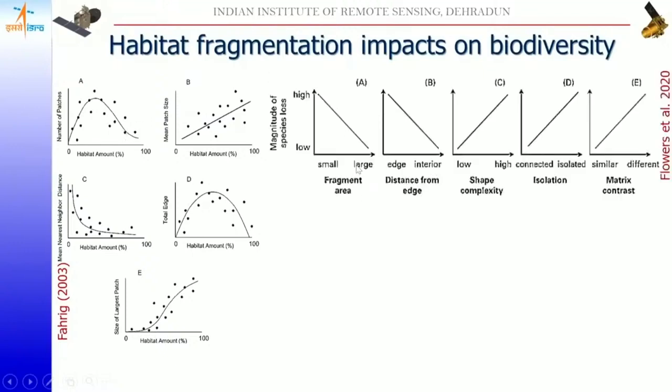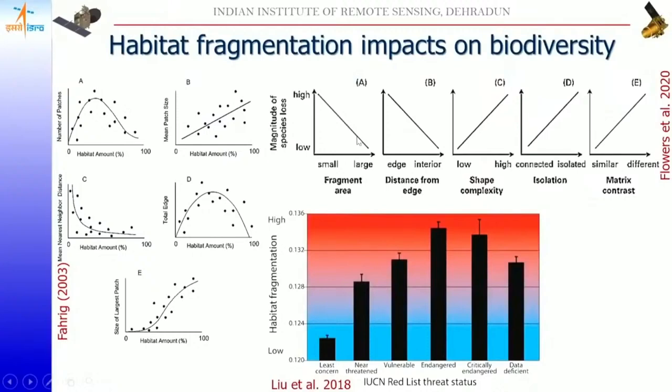So another derivation from this landscape or fragmentation analysis will be the magnitude of the species loss within the fragmented area. Here you can see the distance from the edge, shape complexity, or the matrix contrast. Based on these parameters, we can assess the magnitude of the species loss over a particular area. This is also assessed at a larger or the global level, because in the larger